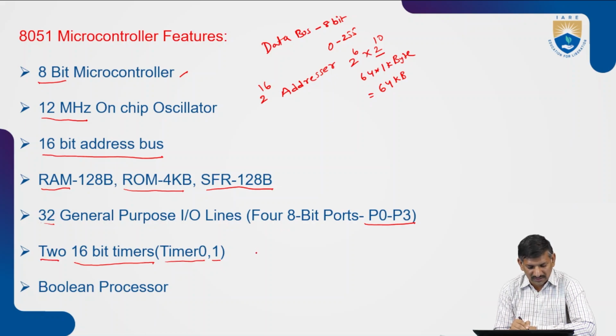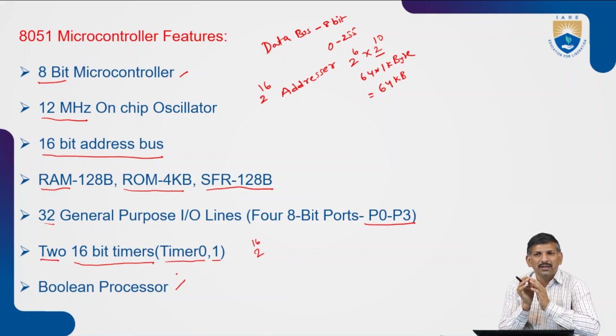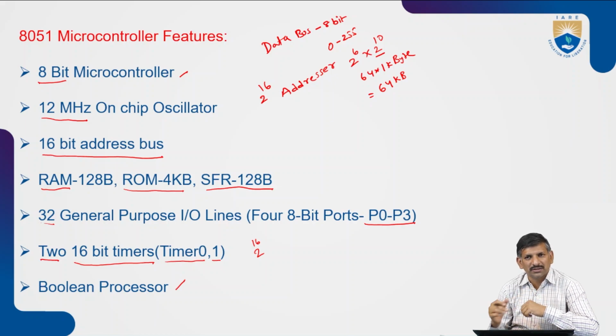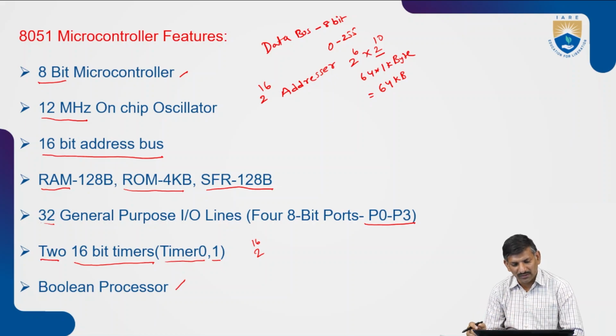So that means 2 power 16. This 8051 does Boolean operations also, meaning bit addressable operations, bit operations. On a particular bit, it will do the operation, either logical AND or logical OR operations. That feature is also available in the 8051 microcontroller. And